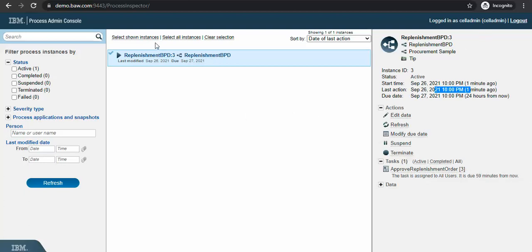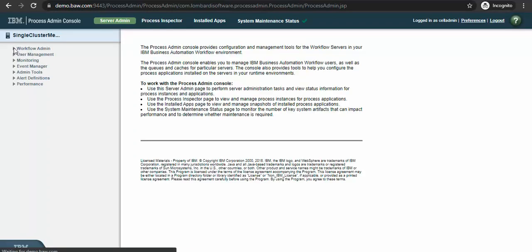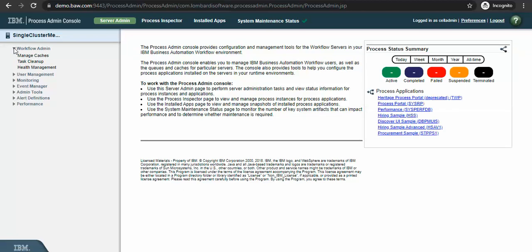Let's see the process admin. So in the process admin, we have these features available: workflow admin, manage caches.